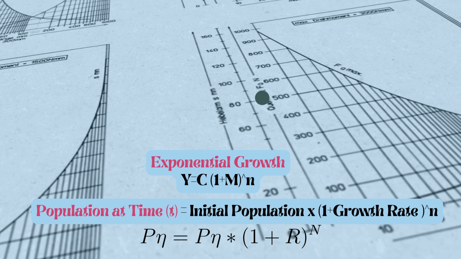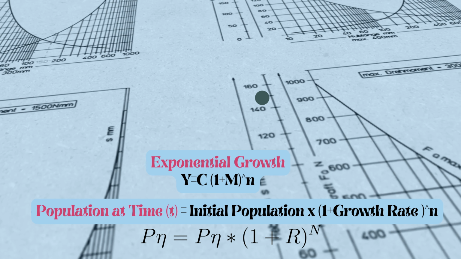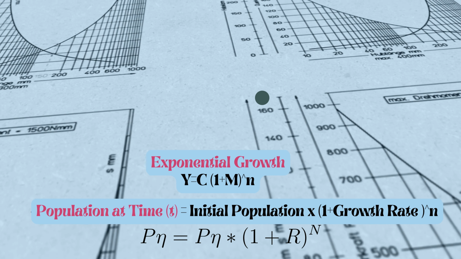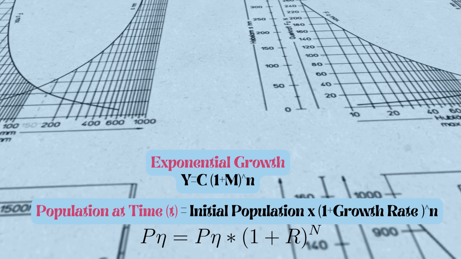Now, I believe things are beginning to get interesting. Linear growth is for steady communities. But what about places with a population boom? Exponential growth takes center stage. Imagine a busy city experiencing a rapid increase in population. Unlike linear growth, the population increases at an accelerating rate. The equation behind the boom, exponential growth, uses a different equation to predict future population in these dynamic areas.